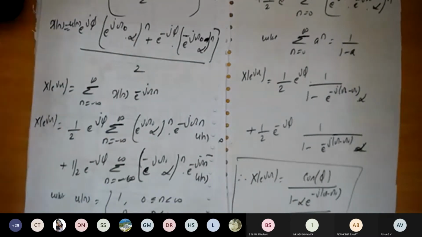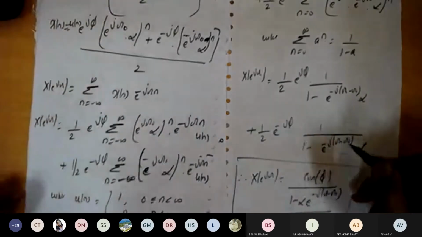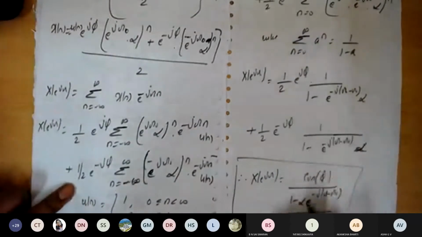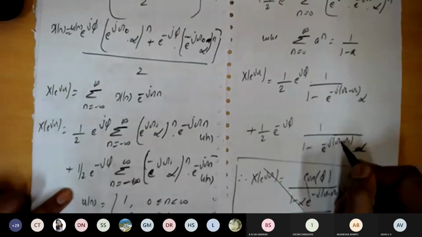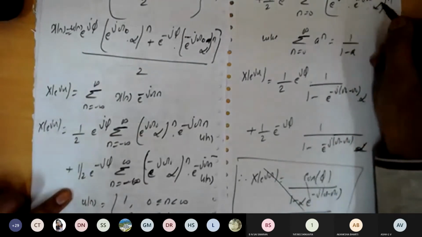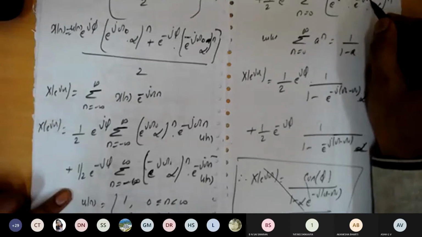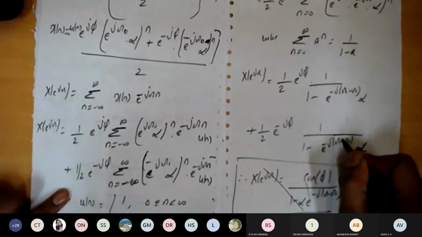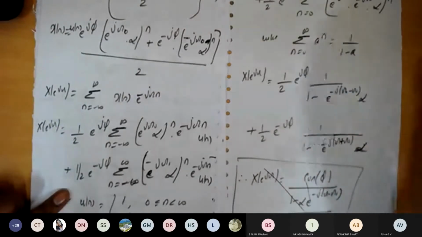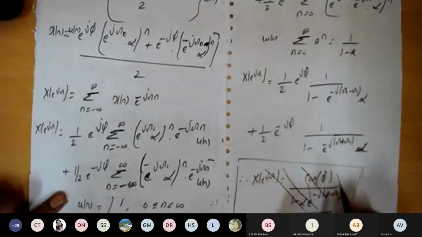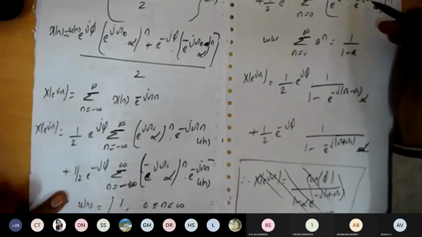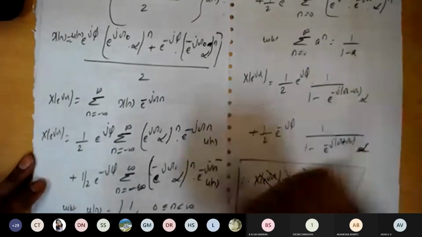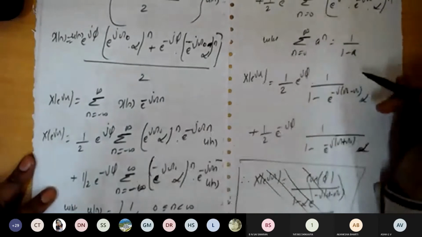Any doubts with this one? I think there is a small correction here. We can't do this one, because here e to the power of plus j omega naught will appear. So here, j omega minus omega naught needs some correction. I think we'll get plus here, not minus. So just check it out. We can't write this; this is omega plus omega naught. Somewhere we need to make the correction, so check it somewhere else.